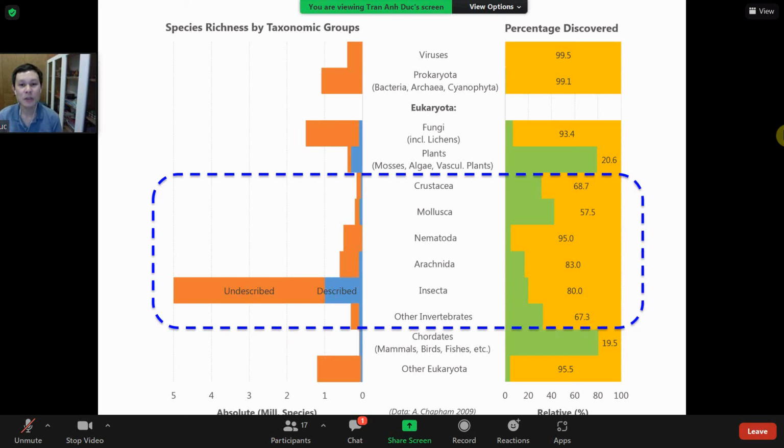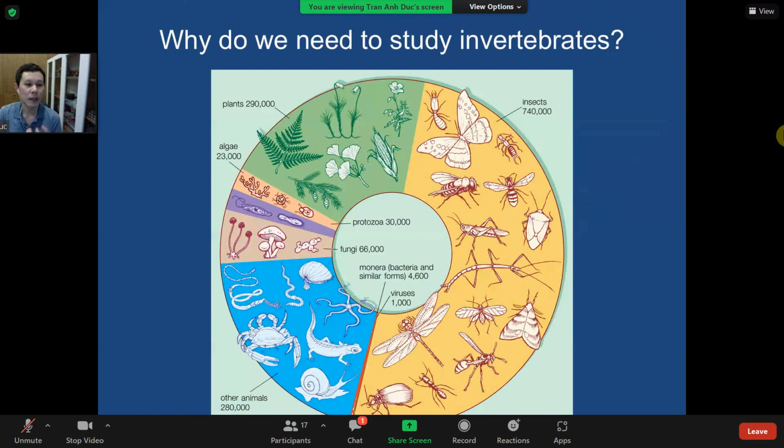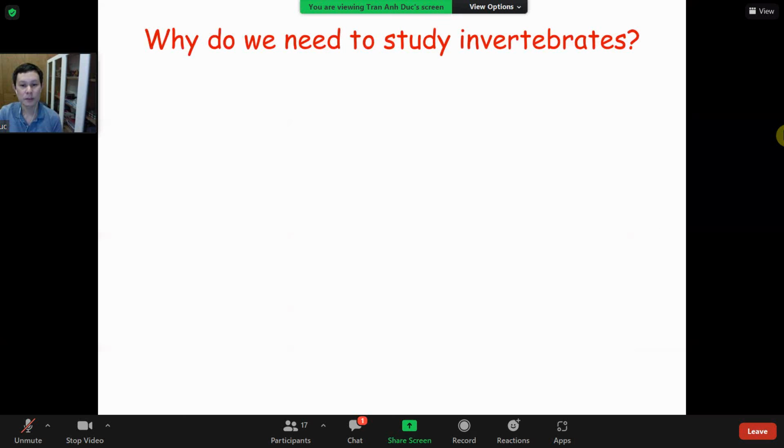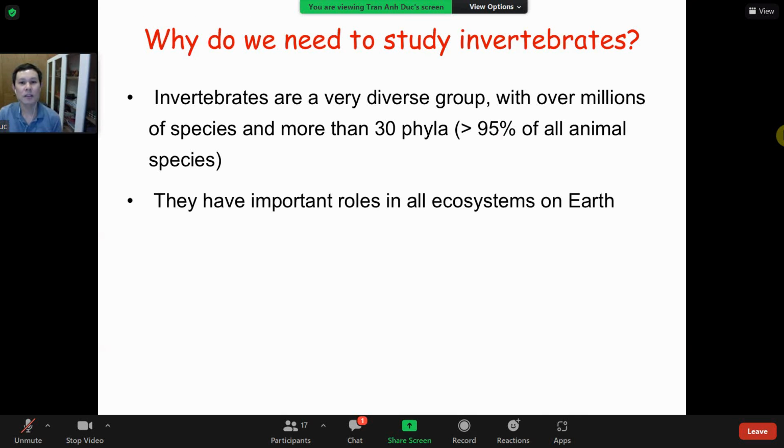That's the reason why we need to spend more time. We need more people to study invertebrates because of the unknown. That's one reason. The first reason was that the diversity of invertebrates is great, and they are the major group of living organisms on Earth, and we do not know much about them. The second reason is that we can really see